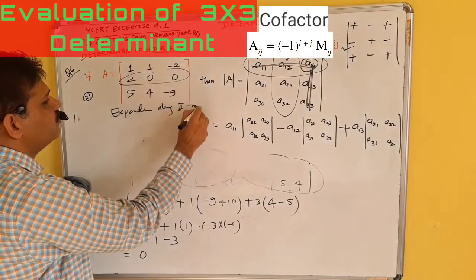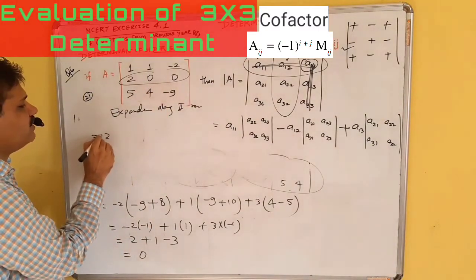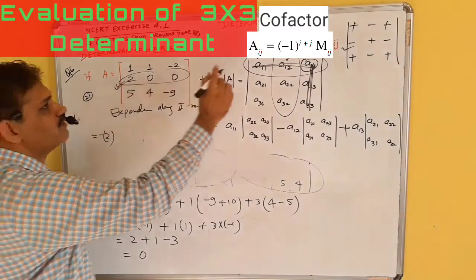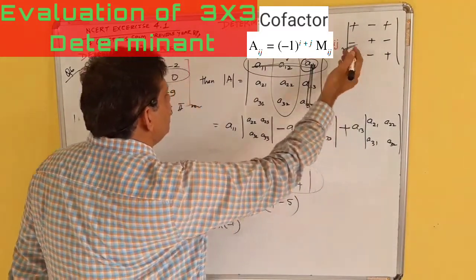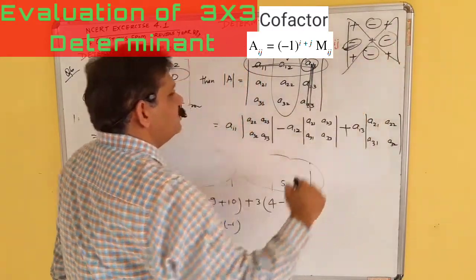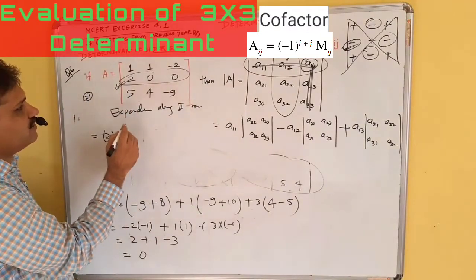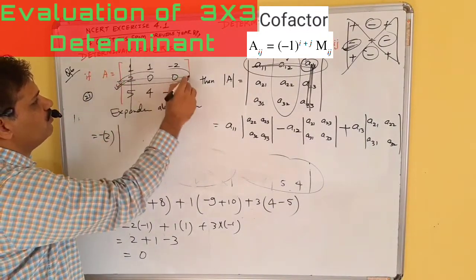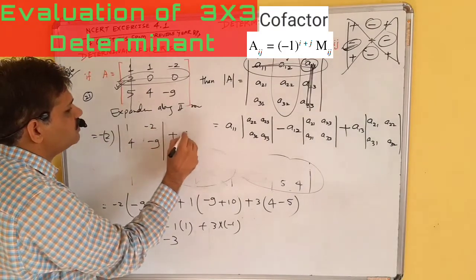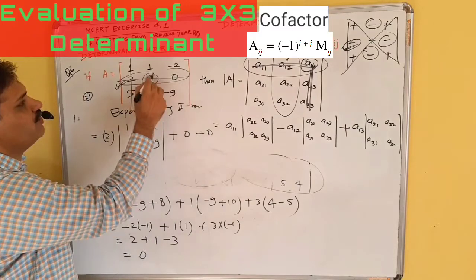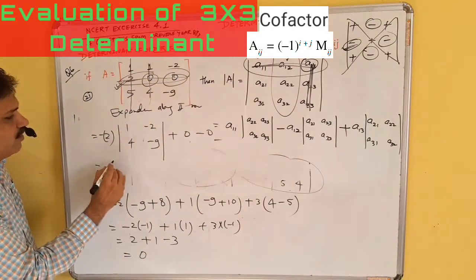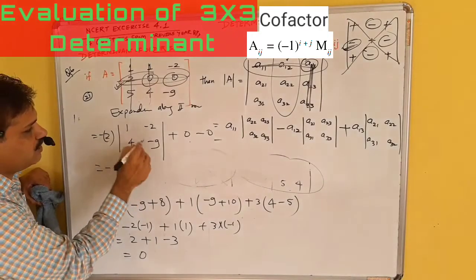अलॉन्ग सेकेंड रो, तो क्या हो जाएगा, माइनस टाइम्स ऑफ 2, माइनस क्यों, क्योंकि इसका कोफैक्टर नेगेटिव, -1 रेज़ टू i + j, ये नेगेटिव, या याद रखने के लिए सीधा सा ये सारे प्लस हैं 3/3 में और ये माइनस है। चलिए, तो -2 मल्टीप्लाइड बाय इस रो और इस कॉलम को छोड़ने पर बचा 1 - 2 4 -9 प्लस 0 -0, क्योंकि 0 इंटू कुछ भी करेंगे 0 आएगा, फिर इसका 0 इंटू ये, तो इससे क्या फायदा हुआ, -2 ये हो जाएगा